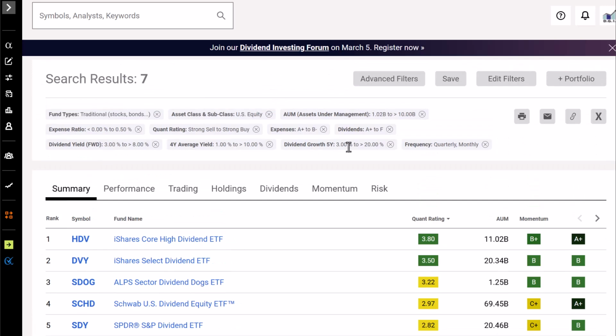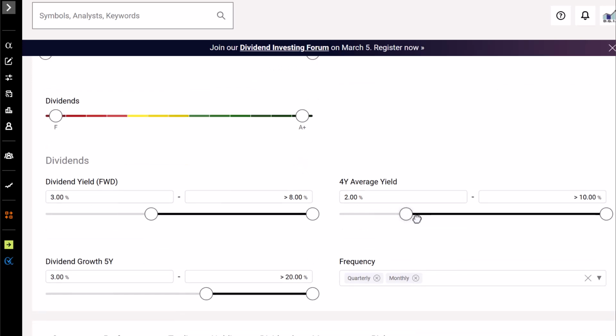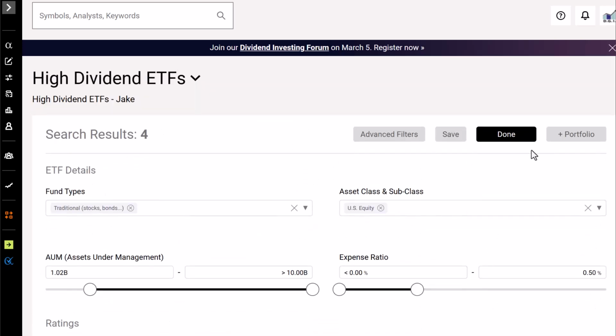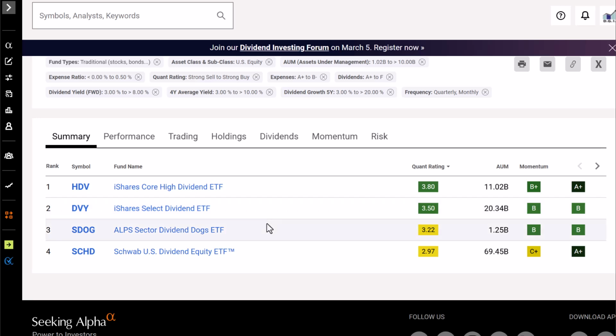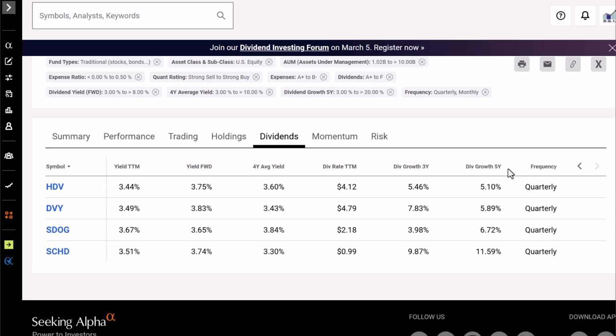Now, me personally, I kind of like that filter back on, so I'm going to put it back on. I'm going to keep this at a 3%. So when we do that, we're going to get 4 options. You got HDV, you got DVY, SDOG, and SCHD. And what we're looking at here is a couple of metrics. We want to look at the dividend growth rate. SCHD, it's got